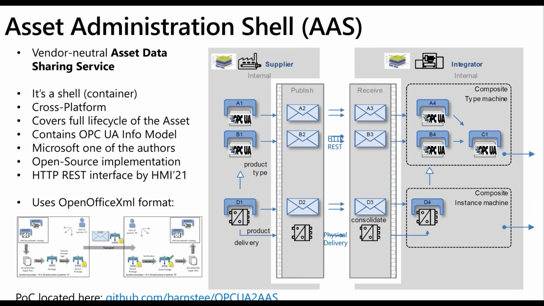It's actually using the OpenOffice XML format. And it's currently being turned into an IEC standard. And there's a mapping to OPC UA, but most importantly, when you're creating an asset admin shell around an OPC UA enabled asset, it's important to keep the OPC UA information model intact, so you can use that OPC UA information model at the receiving end, right? And to do that, you need to create an asset admin shell from an OPC UA node set file, which is the file format obviously for OPC UA